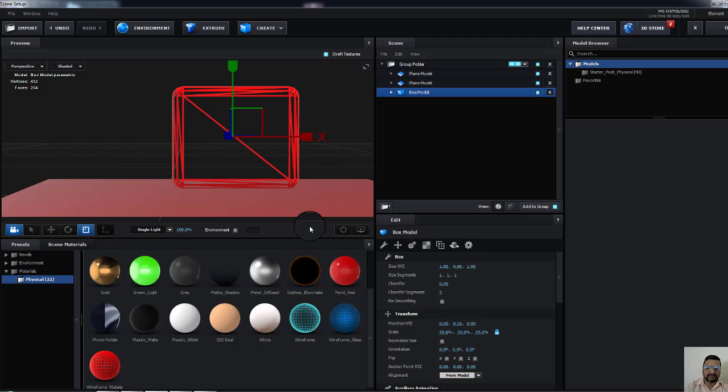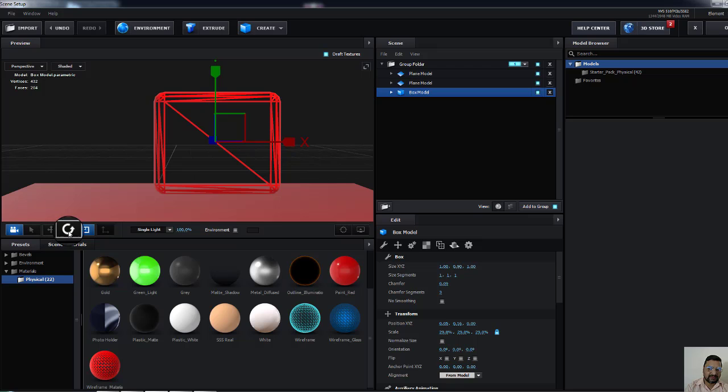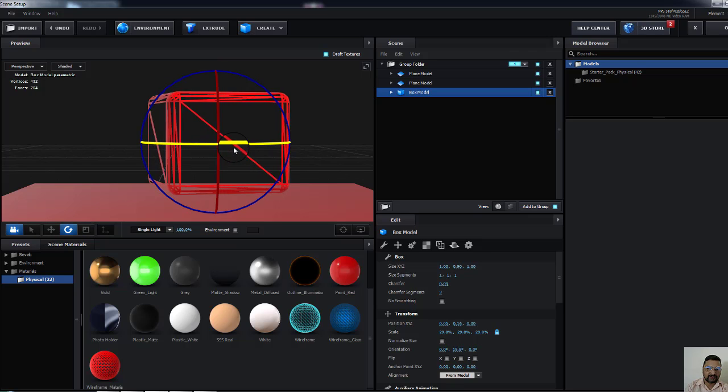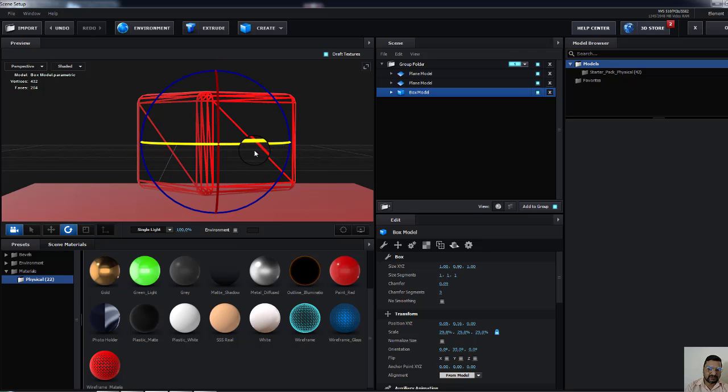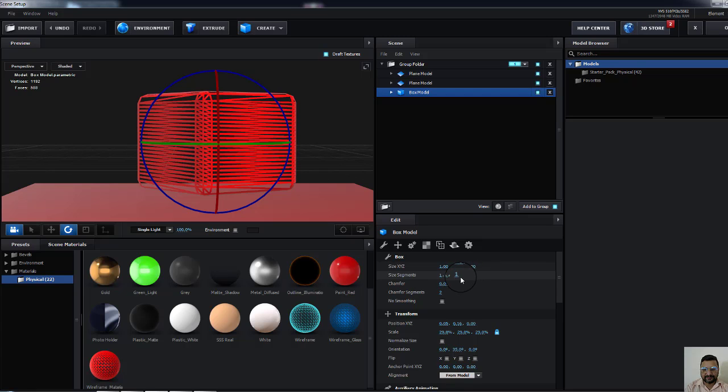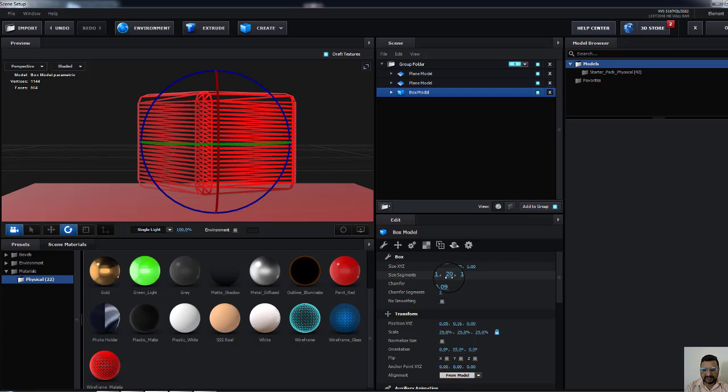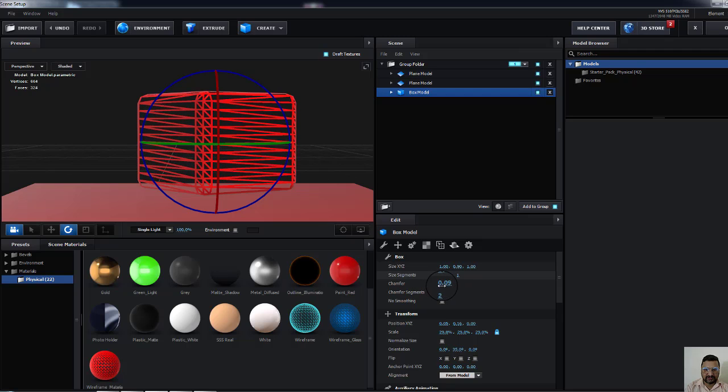We can also apply this for a particular base wireframe, and we can manage a rotation, rotate the particular object, so we can easily view the whole object. Here is the chamfer option. We can manage the chamfer to create a different type of pattern. We can add a segment for this. Okay, so our object is more